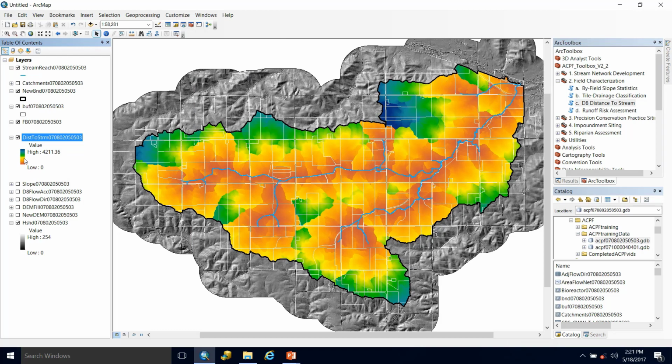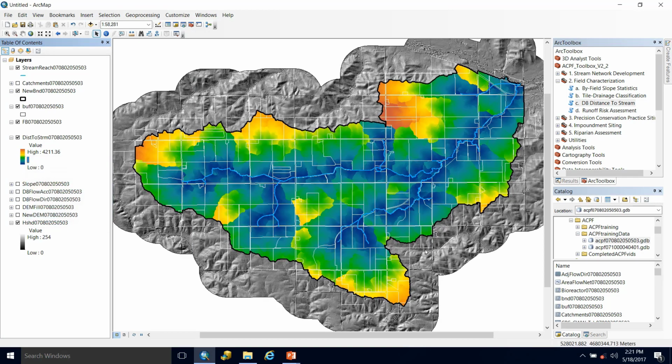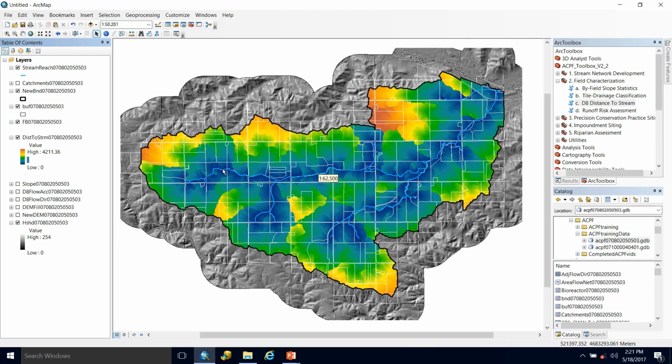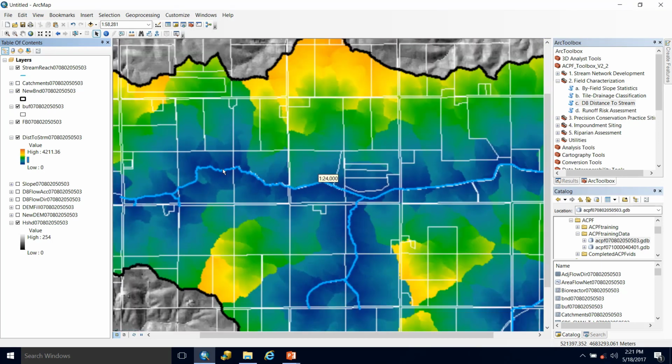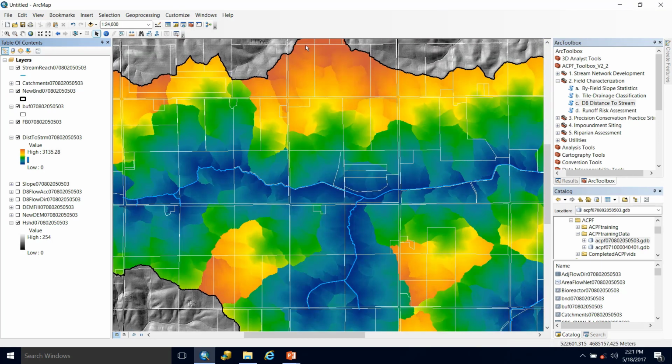Then I'm going to invert this, because closer to stream makes sense for me to be blue. Now I can see my distance to stream raster, where the darker blue parts of the raster indicate that we are close to the stream, and the further away it goes, the more of this orange to burnt red color it turns.